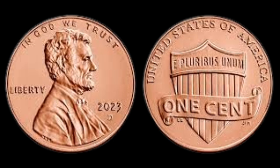test or experimental blank never intended for circulation, possibly leftover from internal trials or even mistakenly introduced during a facility reset or die testing run, and this metallurgical anomaly alone would have been enough to make the coin worth tens or hundreds of thousands of dollars, but that was only the beginning, because once the strike was examined under high magnification and pressure mapping, it became clear that this coin had experienced nearly every imaginable type of minting error all